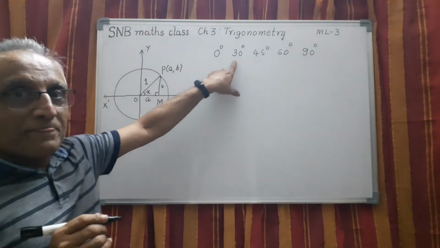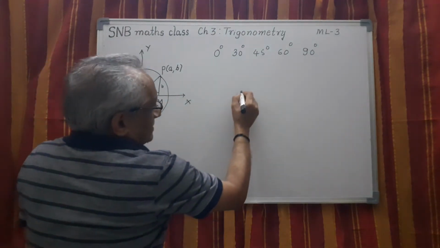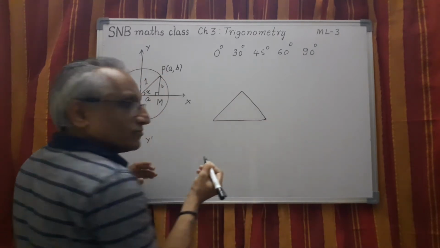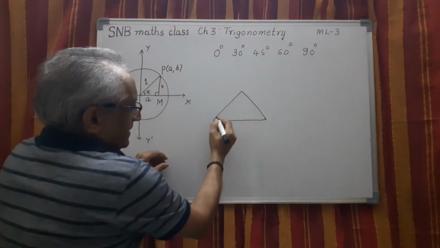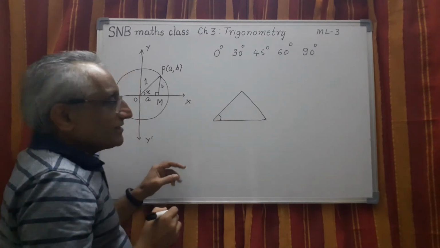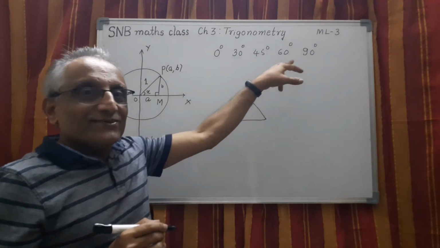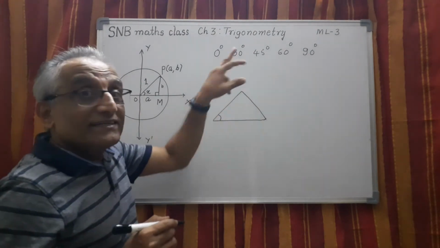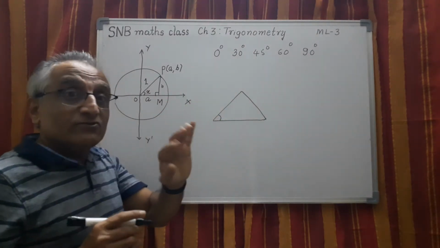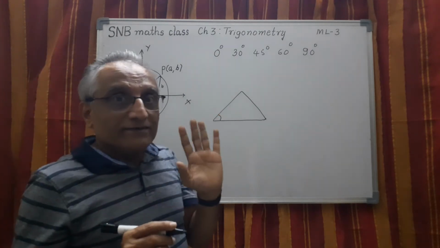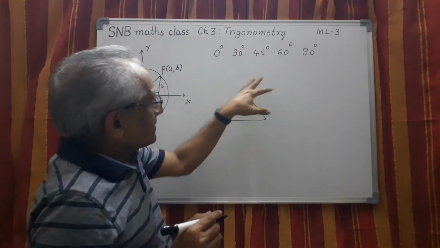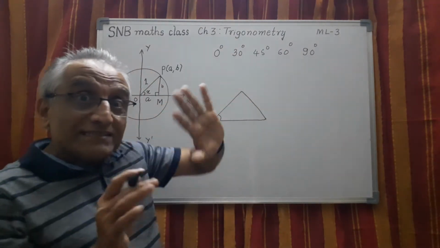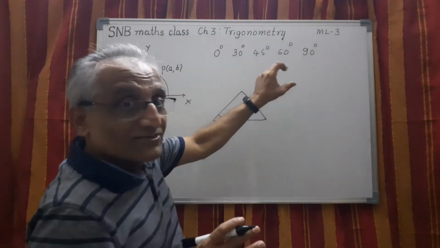What is the method? One method is, for example, you can construct an equilateral triangle. You know the method. So in any equilateral triangle, this angle is 60 degree. And you also know how to bisect it. So half of 60 is 30. So a 30-degree angle can be constructed without using a protractor, using only compass or compass and divider, scale, etc. Not a protractor. So without any measurement, we ourselves can construct it. So that is the thing.